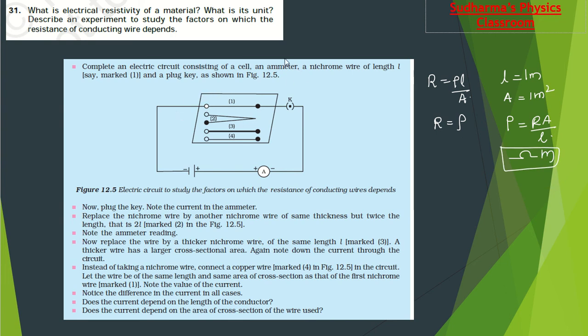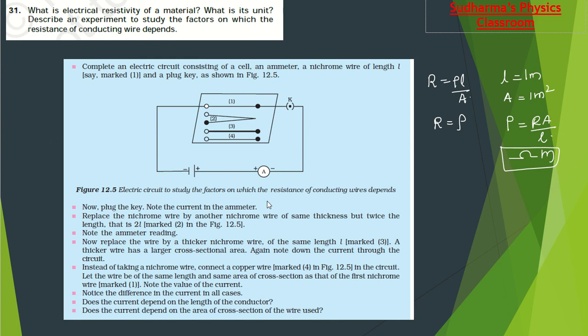Now, describe an experiment to study the factors on which the resistance of a conducting wire depends. This is where almost all students go blank, because we have a habit of not reading the textbook. Even those who read the textbook don't look at the tables given there. In our NCERT textbooks, you can see a lot of tables and experiments explained, some in a blue box. Don't leave that out; you have to go through that. Anyone can frame a question from that because it's experimental verification. So take care of those tables also. Anytime you can get questions from that.